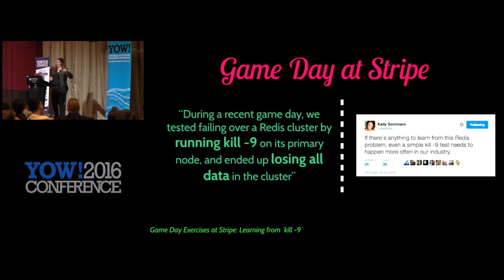Because what actually happened is the node went down and started to elect a leader, and then the master node came back up and was like, hey, I'm still the leader and I'm still alive and I have no data, so all of y'all should have no data. And then the entire data set was gone. So that was cool, I guess. But at least they figured out that this was happening, right?